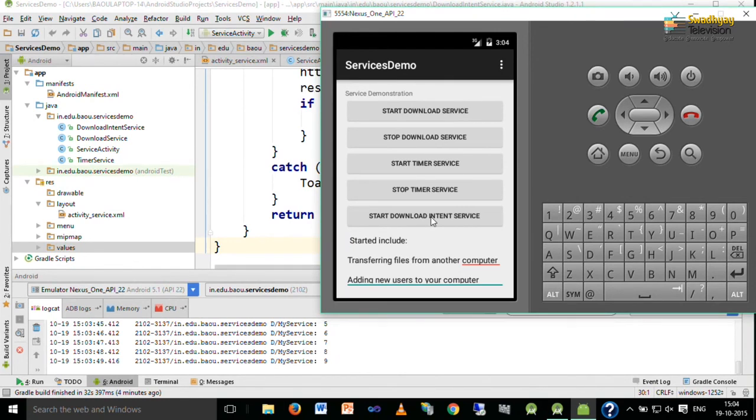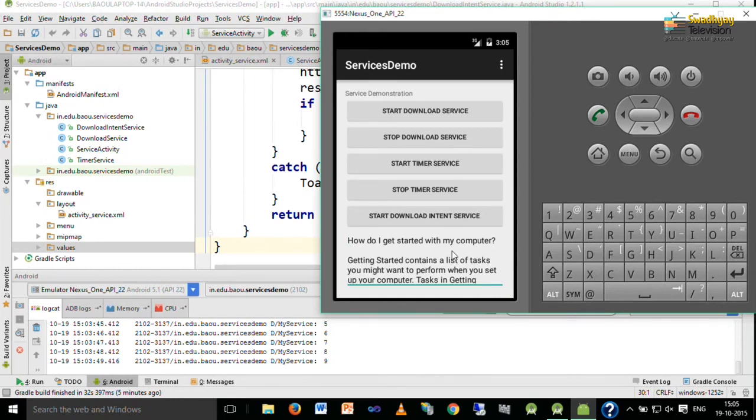So, here I am pressing start download intent service, which updates my edit text to the text file, and we need not stop this service explicitly, and it retrieves the text file from the server and returns it to the activity using a broadcast intent, and here using the intent filter and broadcast receiver we have received that file and displayed it in the edit text.